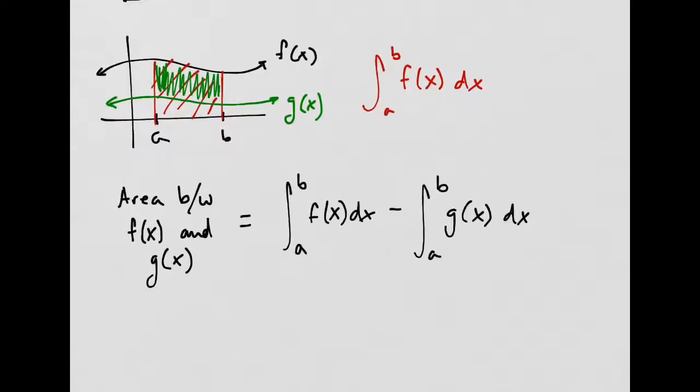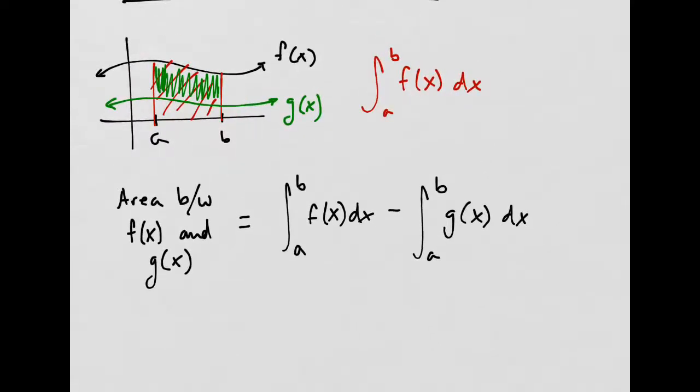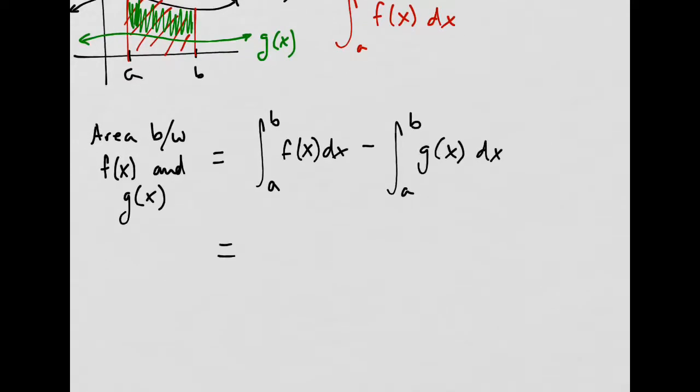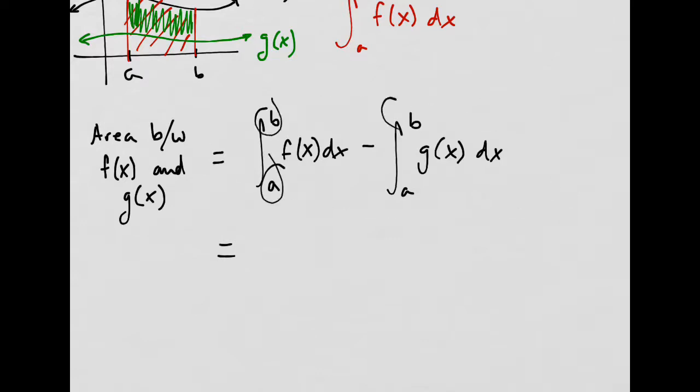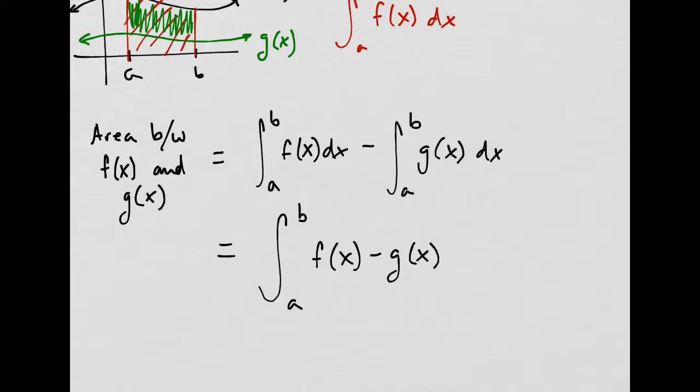However, that's it. We could end the lesson now. We're done, pretty much. But there's a formula between the two curves. You can just combine these integrals, right? We have the same limits of integration, and we're both integrating with respect to x, so we can combine these two integrals. If I have the integral from a to b of f of x minus g of x dx,